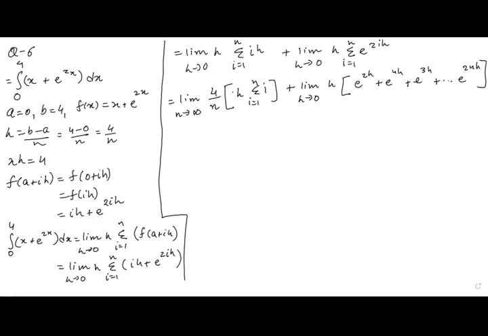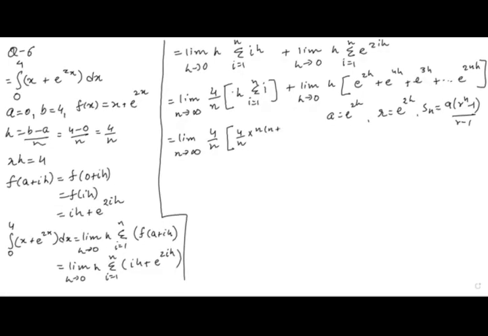Now as you can see that this is the geometric progression obtained with first term as e raised to 2h, our common ratio also as e raised to 2h, and we know that summation of geometric progression is a r raised to n minus 1 upon r minus 1. Limit n tends to infinity, 4 by n, and this is also 4 by n, and this will be n plus 1 by 2. Here limit h tends to 0, h